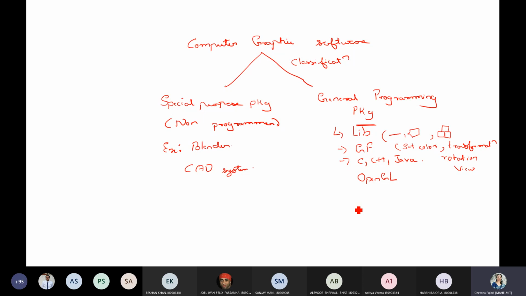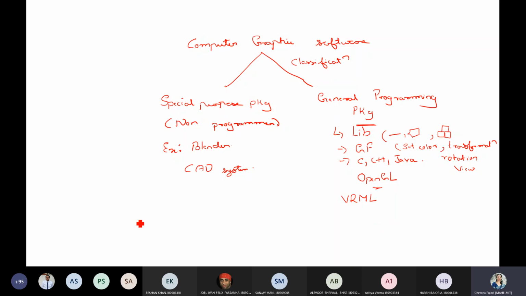Okay. So if you are interested in virtual reality and want to explore more on that, maybe you can go for VRML, that is Virtual Reality Modeling Language. That is also there, or Unity is also there. You can try that. But in our class, we'll be focusing on the OpenGL graphic programming package.